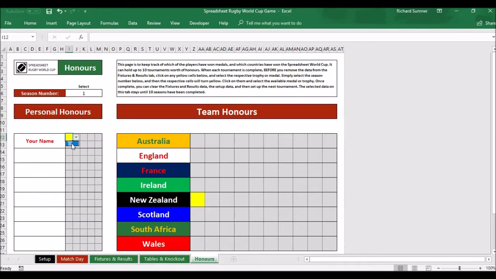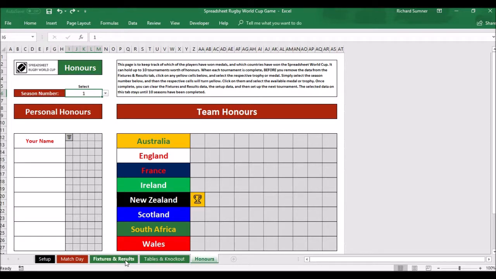You click on that and you'll see you've actually won a medal, because that's gone yellow as we're in season 1. You click on that and it says we won the silver medal and that New Zealand have won the World Cup. Then next time you come around, you just select number 2. It's taking the same one again because it thinks that the data in is for number 2. But once you put in the first season, you finish the season, and you've selected any medals and any trophies,